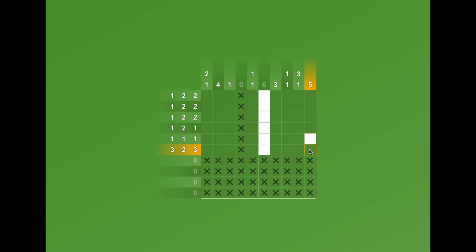If it starts here, we'll go 1, 2, 3, 4, 5. This row ends with 2, so 1, 2, X. This row ends with 2, so 1, 2, X. This row ends with 1,